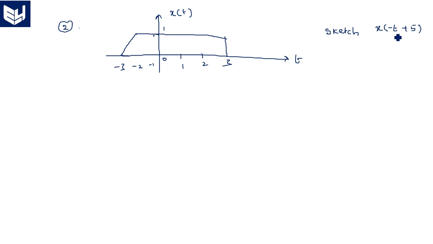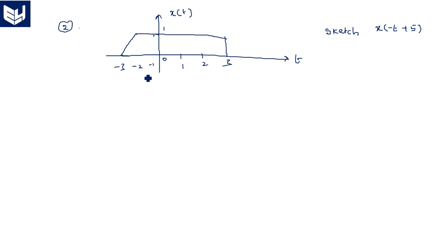Now let us first check on which side the signal will be resultant. The signal is x of minus t plus 5. Minus t and plus 5 are of different polarities. So whenever different polarities are there, shifting always happens towards the right side. So first, we need to do